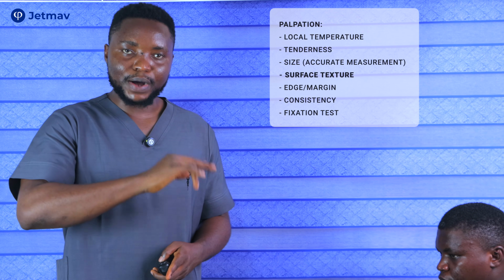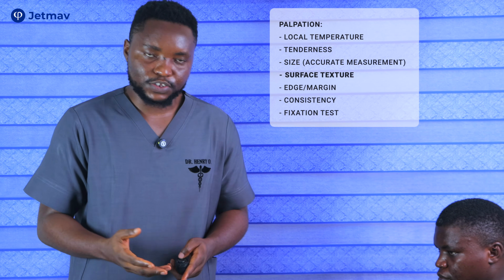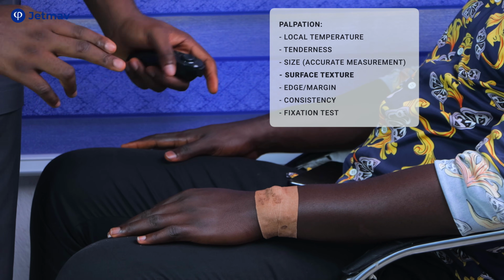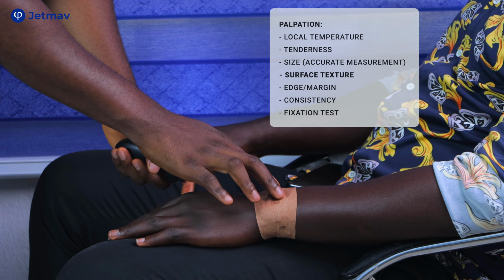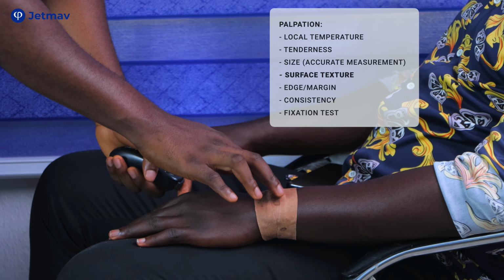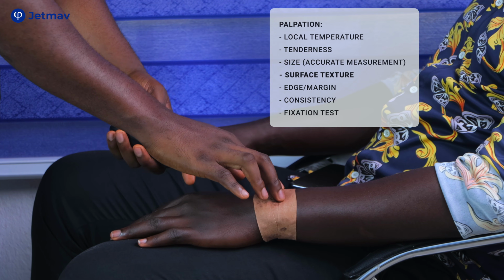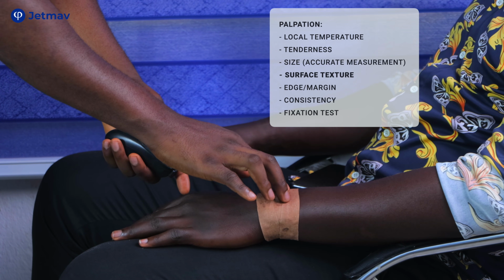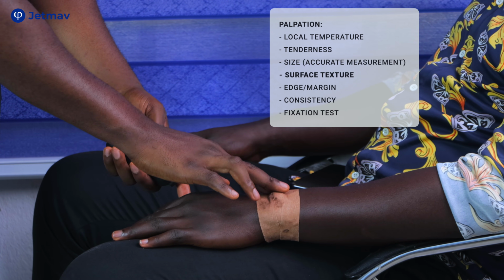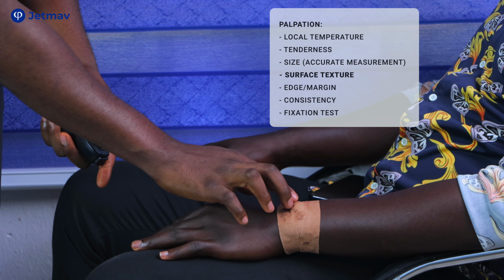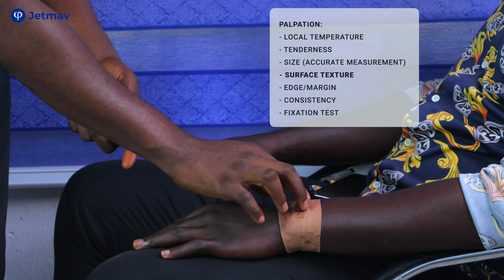So just try to palpate over the surface of the mass to know how it feels, to know the surface texture. So in checking the surface texture, you try to go in a circular motion to feel the mass, know the texture, whether it is rough, lobulated, nodular. So you feel over the entire mass. When you're done checking the surface texture, noting if it is rough, smooth, or if it is nodular, then you